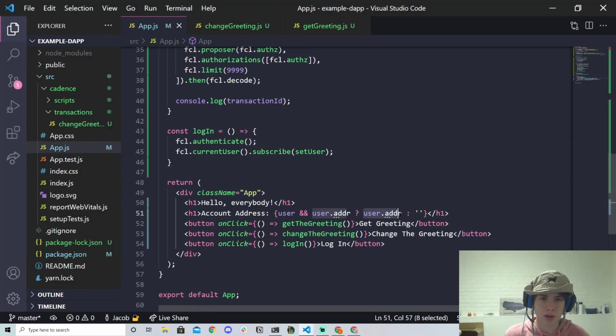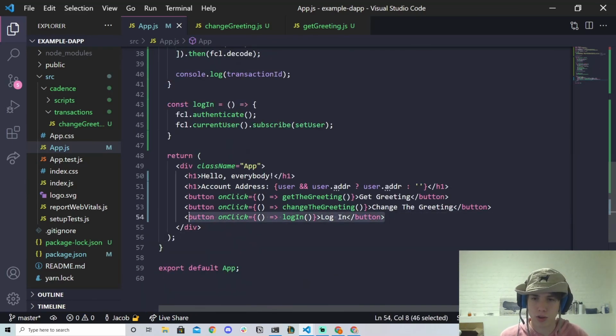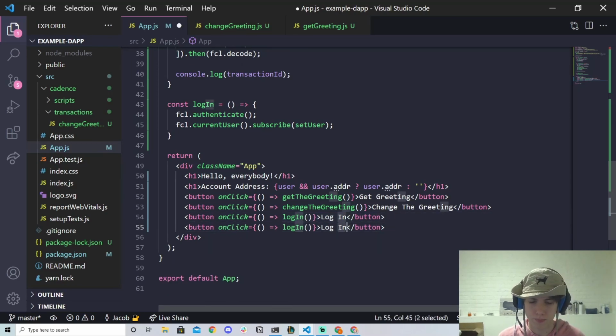You'll see we have the address here. We got the greeting. We changed the greeting. A bunch of cool stuff, right? And so I guess one more thing I could show you is if we wanted to log out. Let's just add a button, call it log out. So log out. And we don't have to do all this stuff here. We can just say